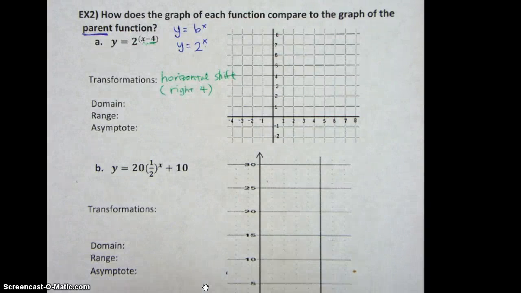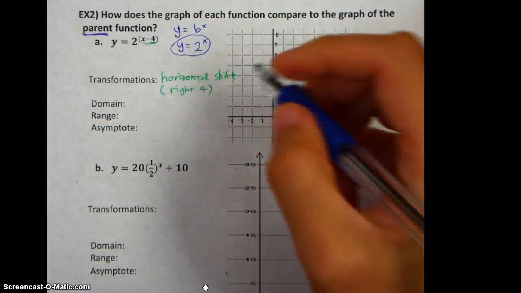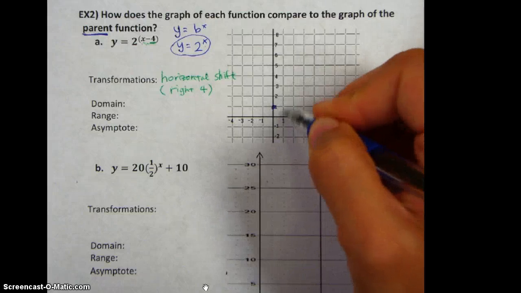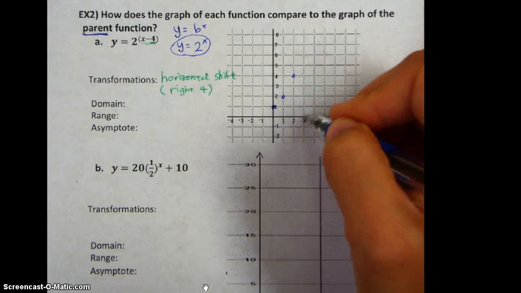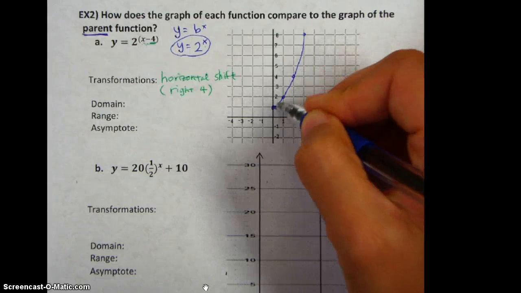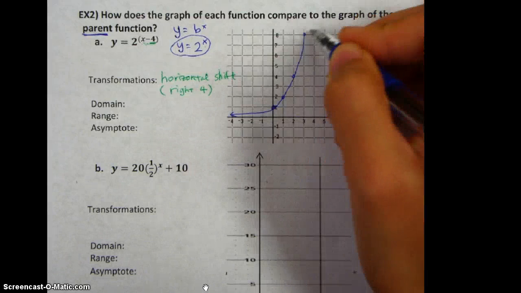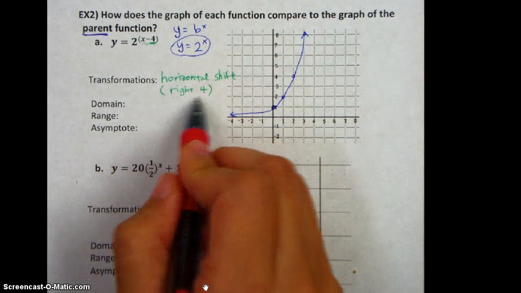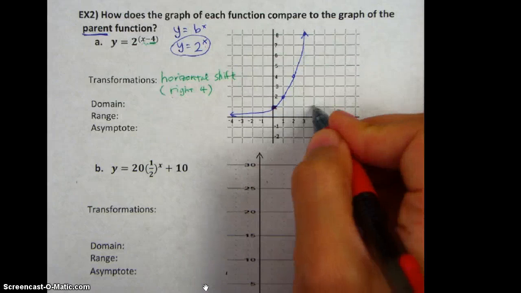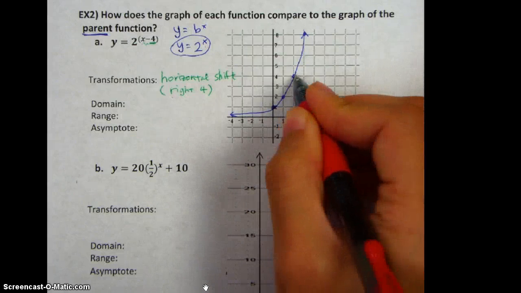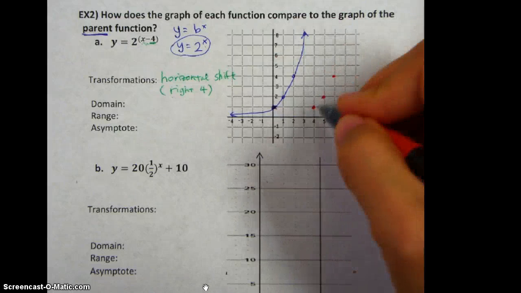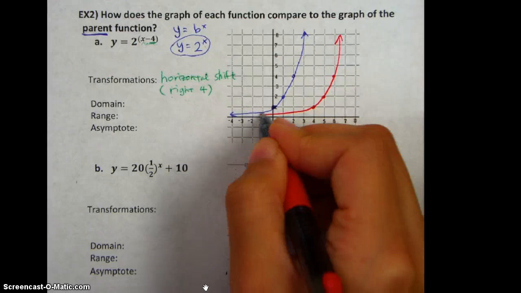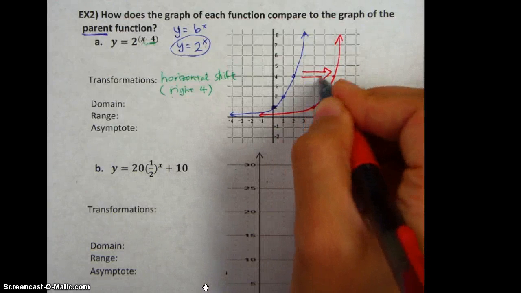So if I plot the points of our parent function, it's going to pass (0, 1), (1, 2), (2, 4), (3, 8). And it's going to have an asymptote of the x-axis. Now we're going to move every point right 4 units. So this point will become here, this will move up to here, and so on. So we're going to have this red graph. Basically, we move the whole graph 4 units